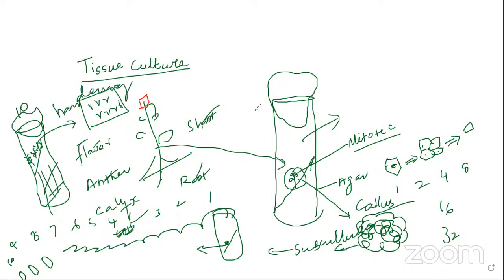You must note it down here. Any part of the plant body gives an entire plant. That ability, that potential, is called totipotency. What is that? Totipotency. That is very, very important. We are going to discuss those things in this part, my dear students. So first of all, you note it down. Very, very important.